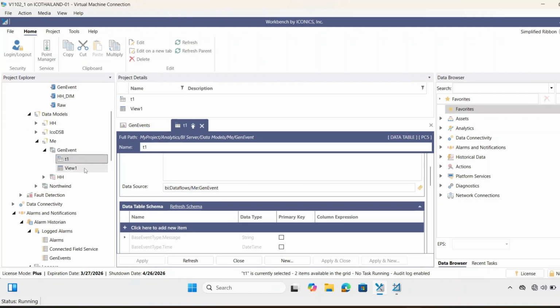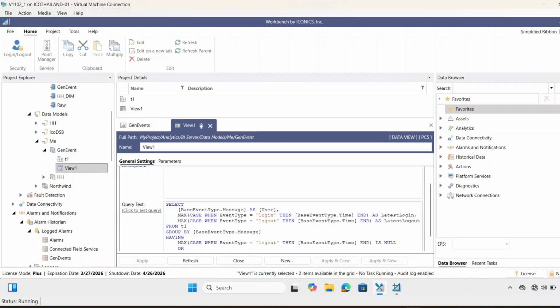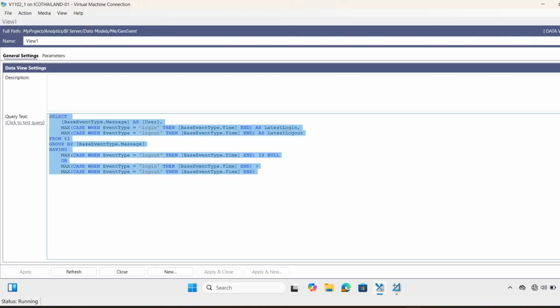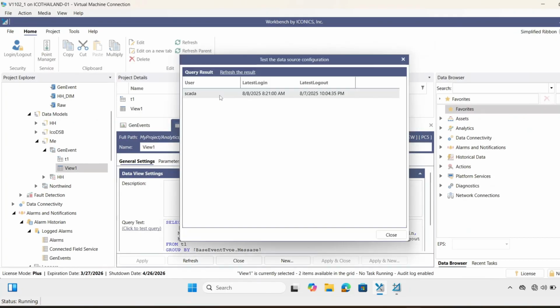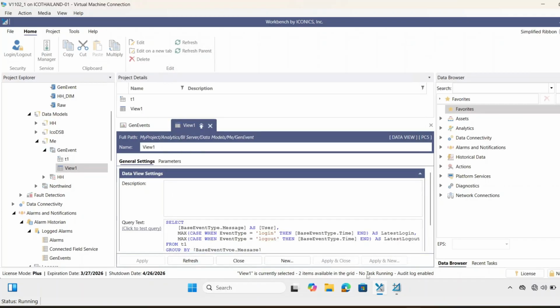I have created the table and the data view. And the data view is the query text we use in the BI server. This is similar to an SQL query, but not the same, not 100% matching. I use max, case and having to get the current user that has logged into the system, and we can test it. There is only one user logged into the system,